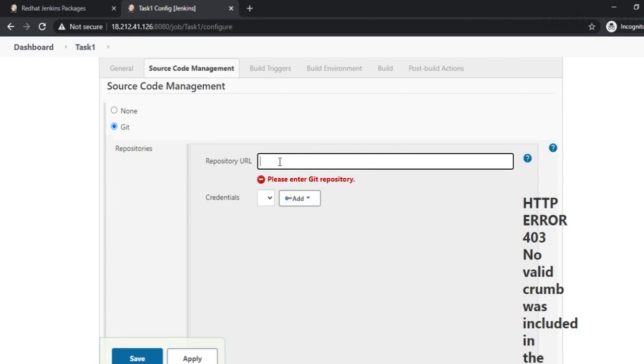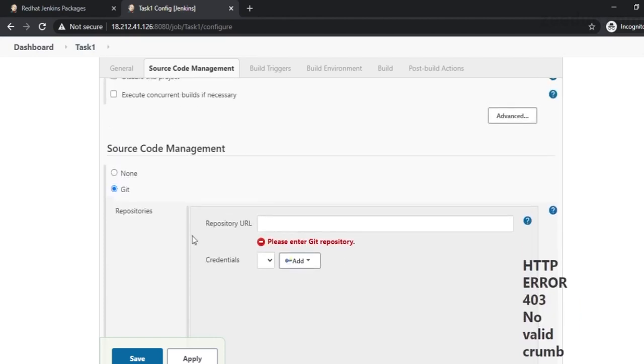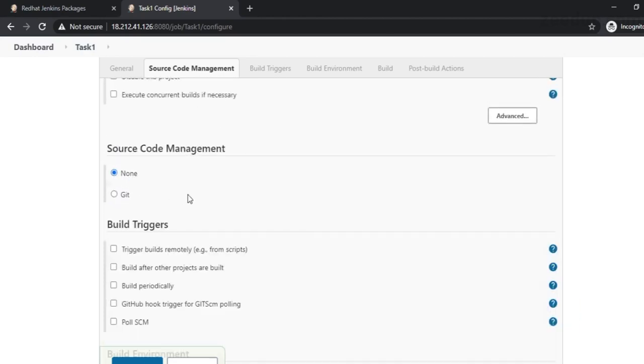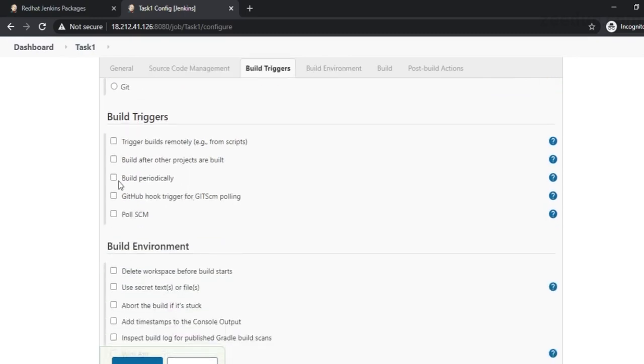So here, if we want to use source code management and keep a lookout for a GitHub directory, we can link the directory right here, and it will keep on watching this GitHub directory. But right now we are not doing that, and we will be using these build triggers.